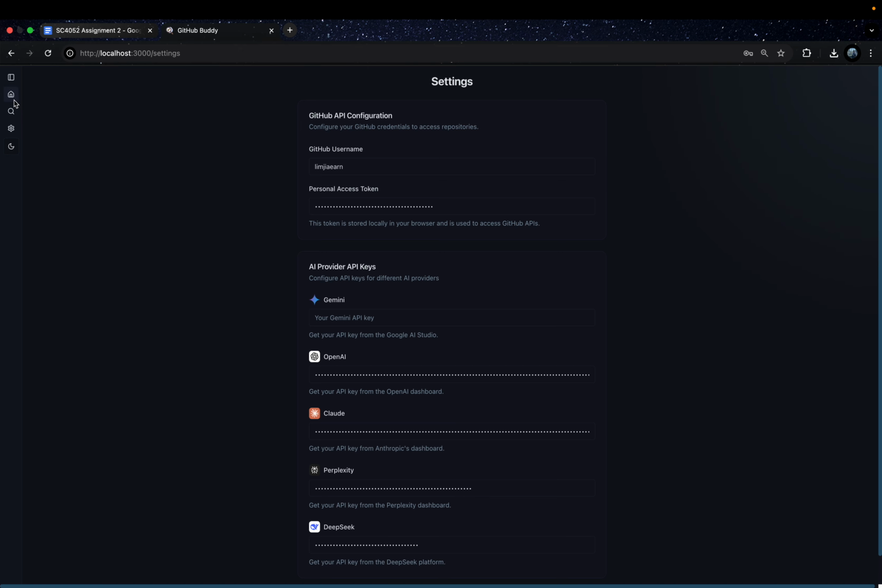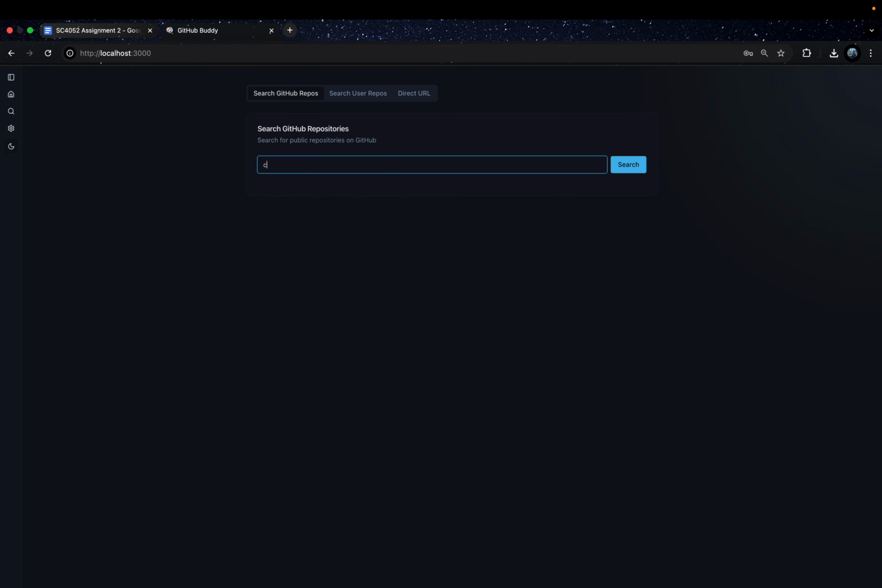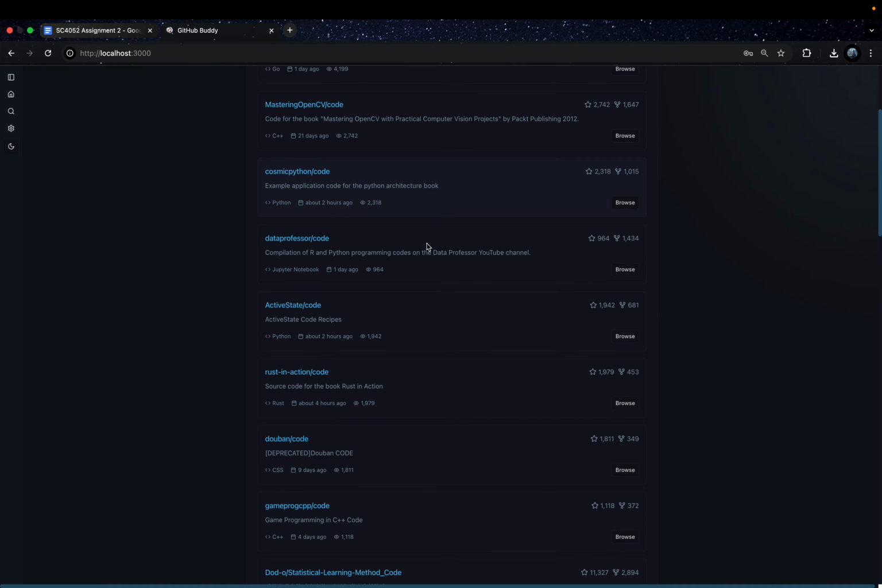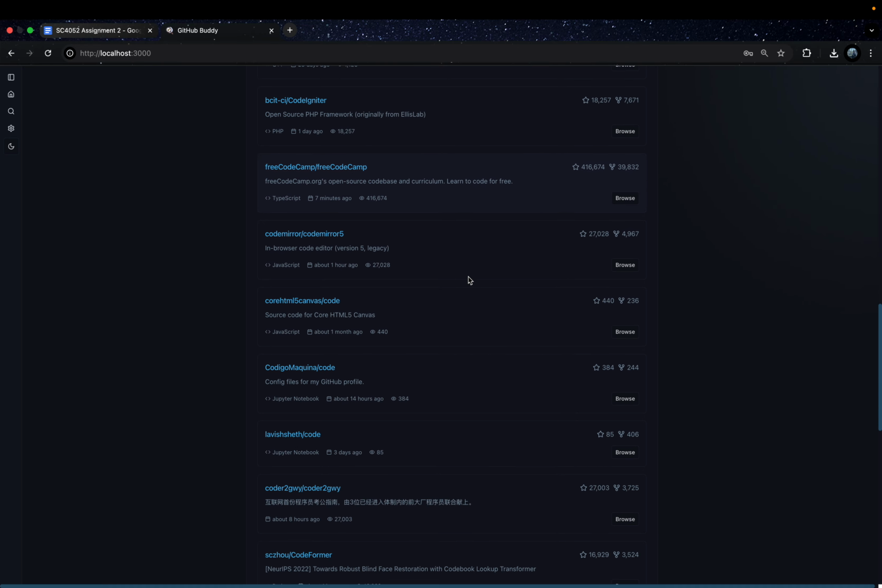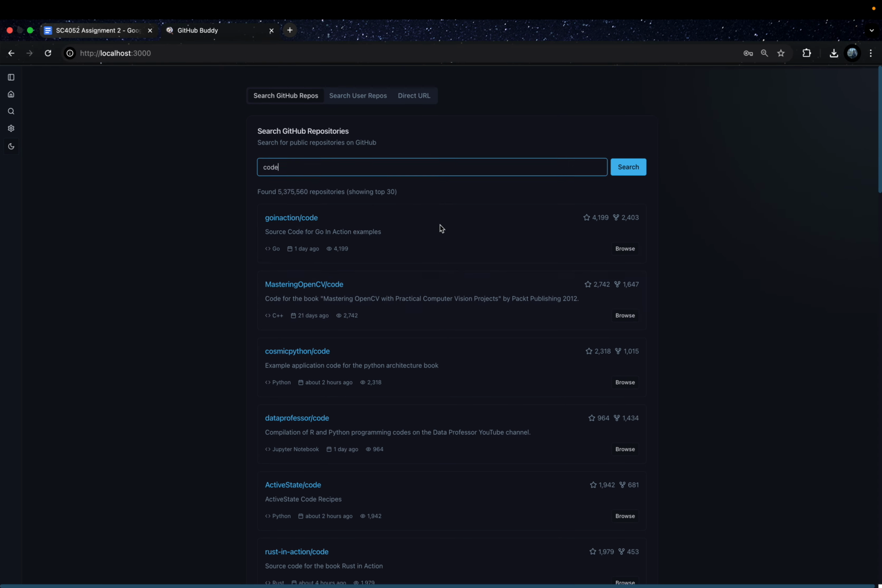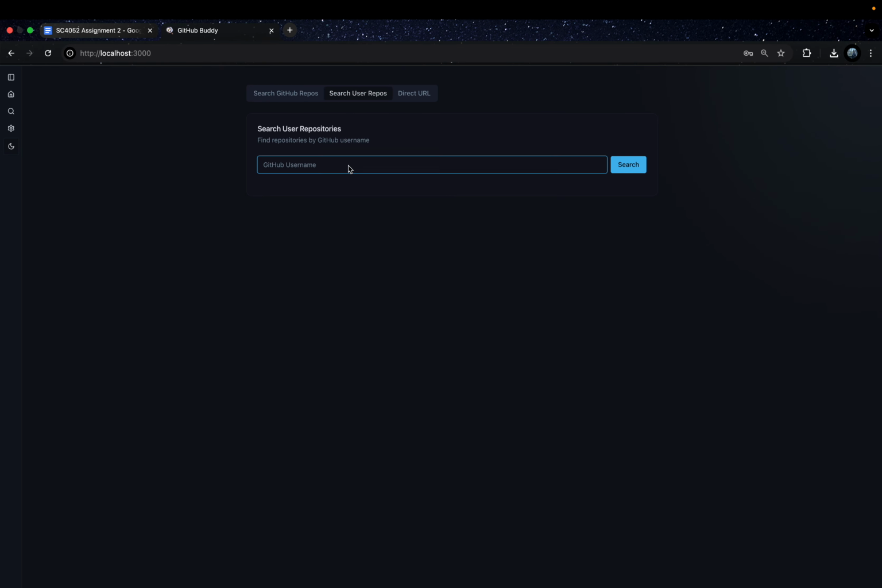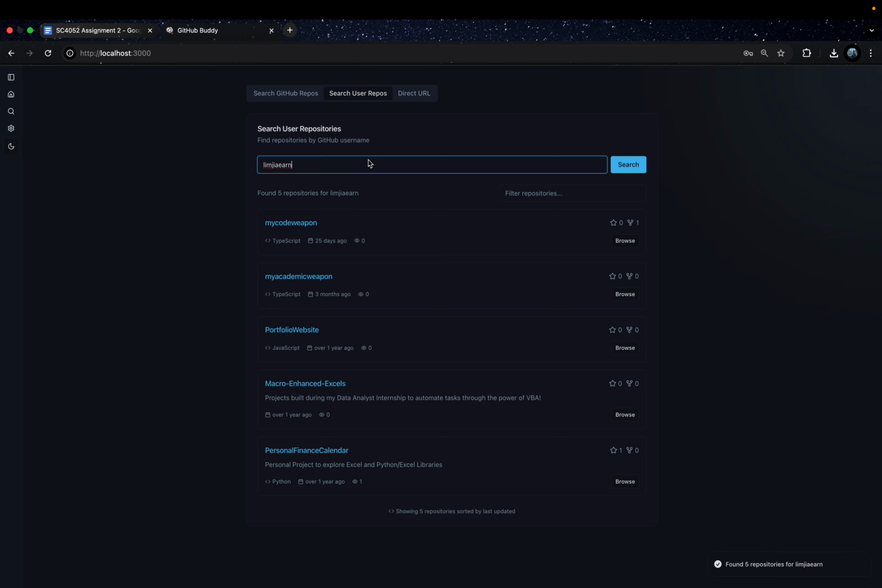using dark mode. So to showcase an example, let's say I search code, I'll be able to load the repositories which contain the word code within it. But for this demo, I'll just be exploring one of my repositories, and you can just search by username. And let's say I go to my code weapon,